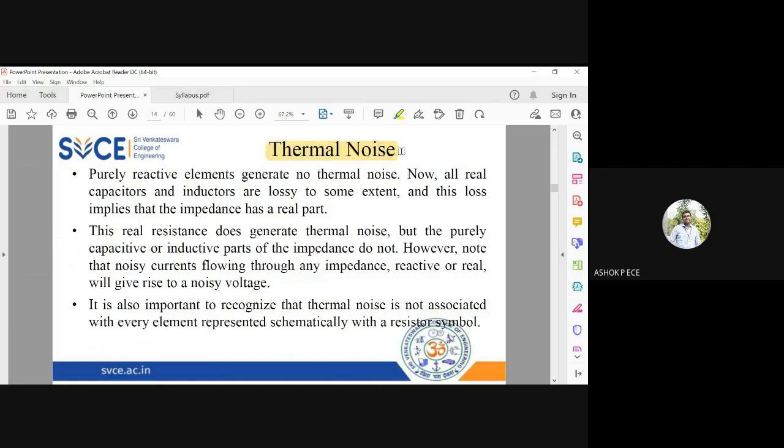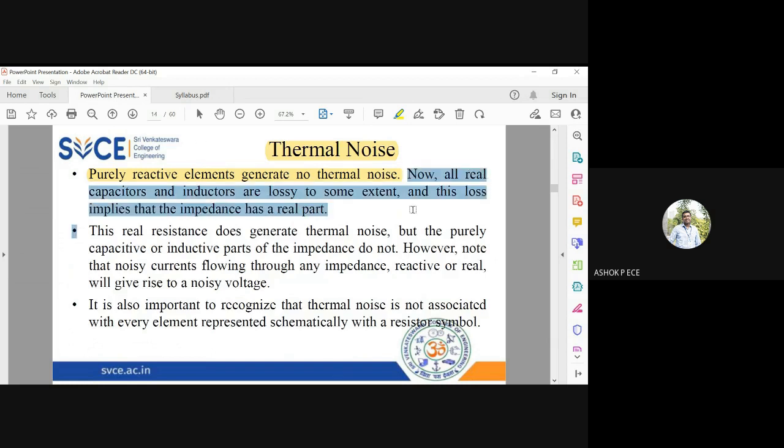Generally we have seen that resistances produce thermal noise. Resistance is an element which is going to dissipate power. You have reactive elements like capacitors and inductors, right? So they don't generate thermal noise, ideally, purely reactive. See the words used here, purely reactive elements like L and C don't produce noise, but practically all inductors